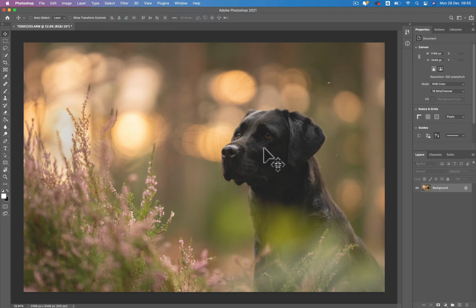So I wanted to work on this image that we've got on the screen right now of Bramble. I've not done anything to it apart from lifting the shadows and reducing the highlights, because obviously this was a backlit situation and she is black, so there was quite an imbalance, I would say, in the lighting. So we're kind of at a point where I'm happy to bring it into Photoshop, so that is where we